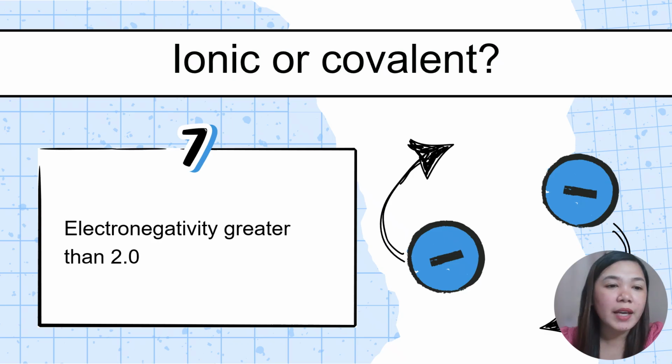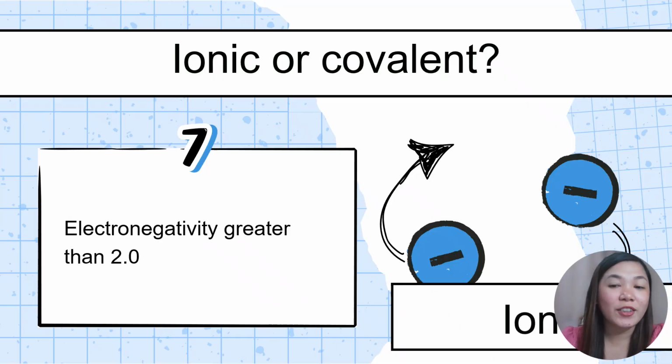Item number 7, it has an electronegativity value greater than 2.0. The answer is ionic bond or ionic compounds. Next,